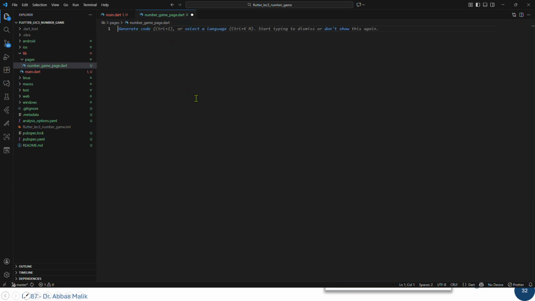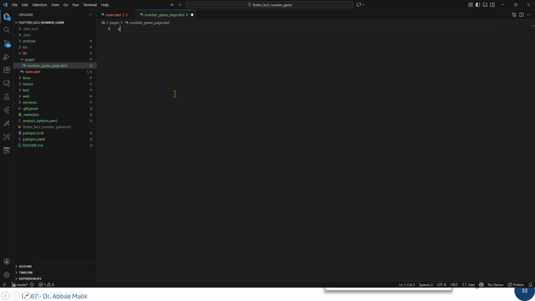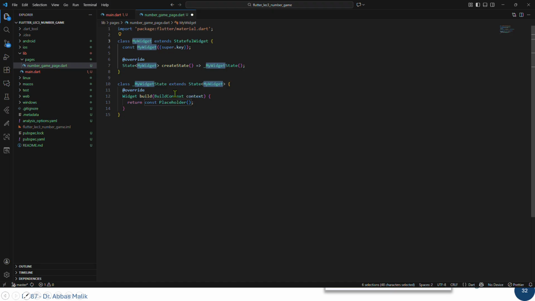And the other thing is, because of Flutter, we also have the shortcut STF, which stands for stateful. So when I write that, it automatically says you want to create a stateful widget of Flutter. When I press enter, I can give the name of the page, number game page. Okay, so I press Control S and then I press escape, and it will escape from that mode,